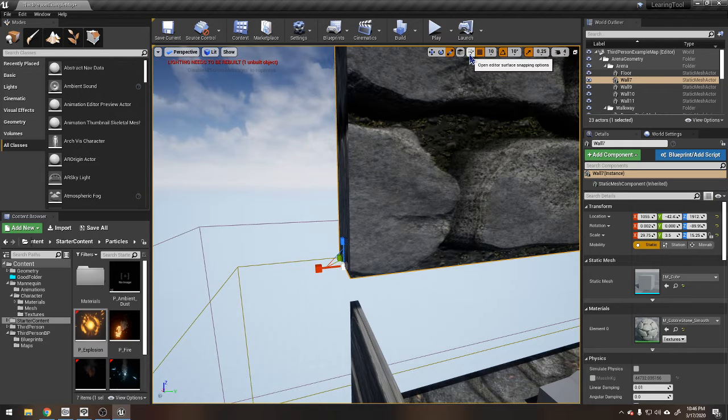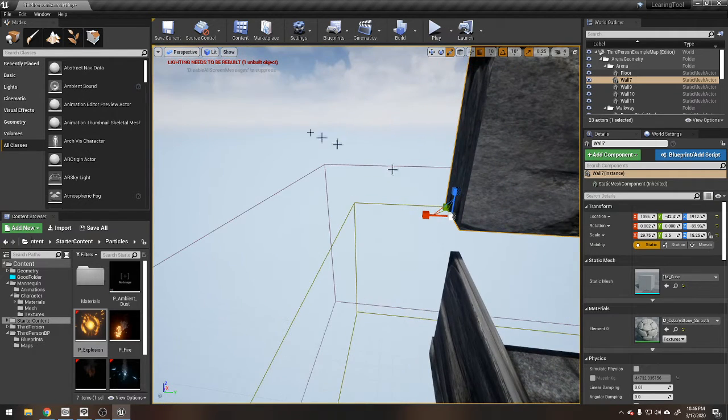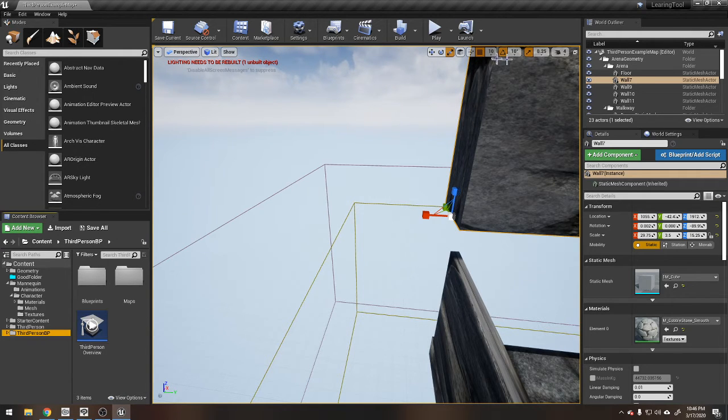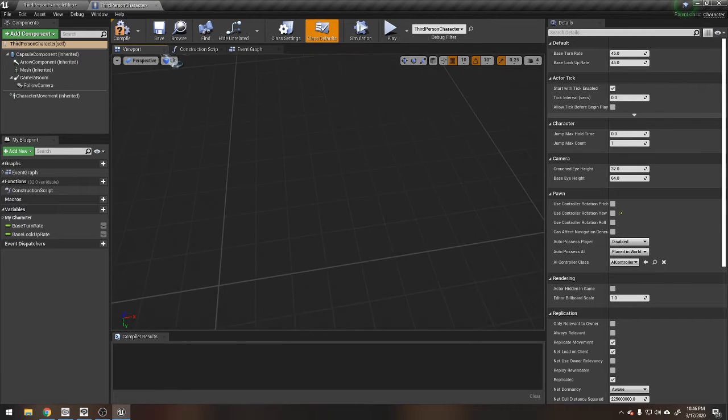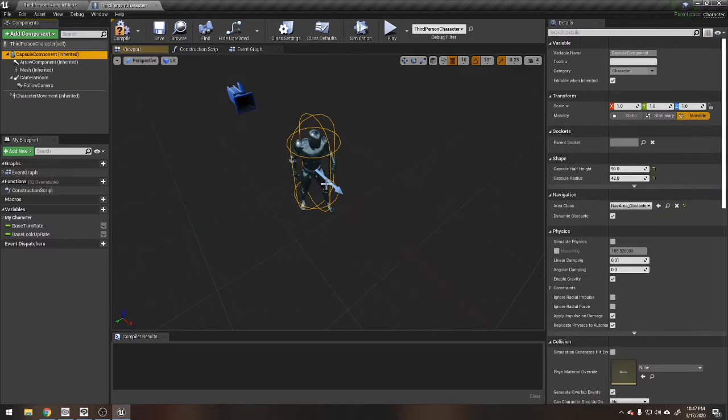All right. These up here are what you might call your snaps. Let me try to make this simpler. So let me show you what this grid is, or the snaps. I'm gonna come to this blueprint, open up the third person again, come to the viewport, and you see this grid. Okay, as you move these objects,